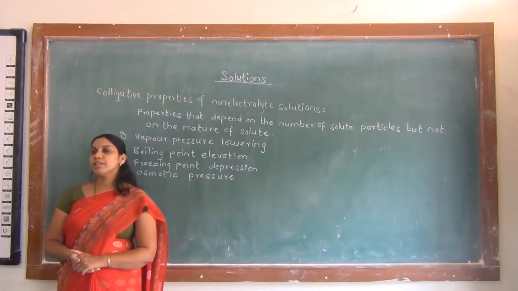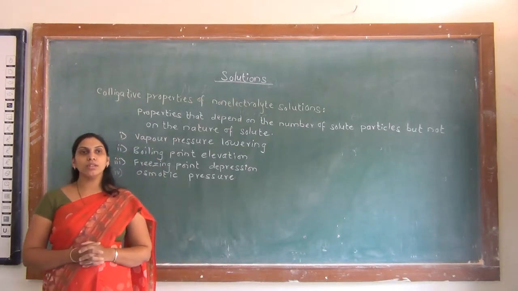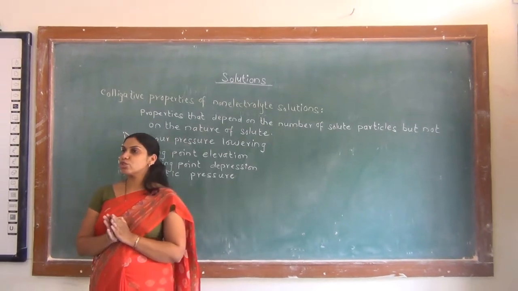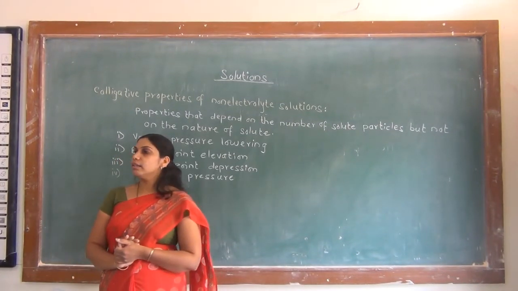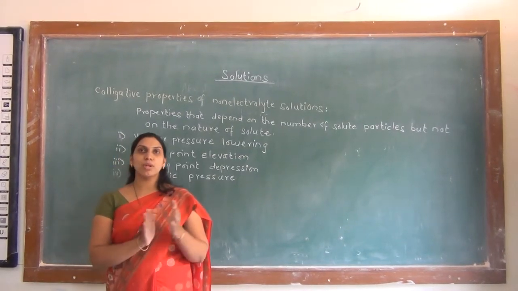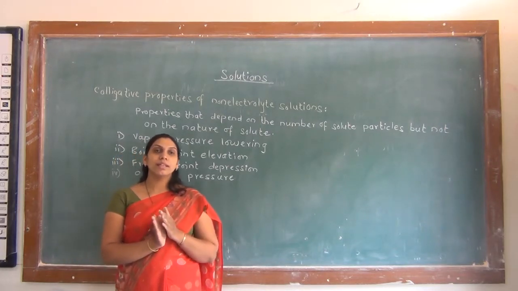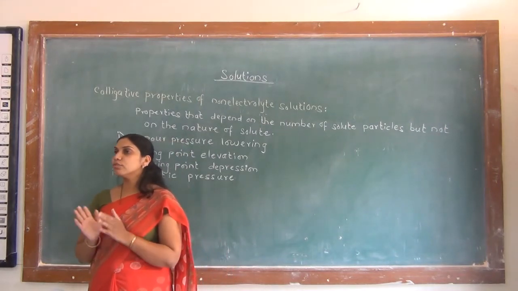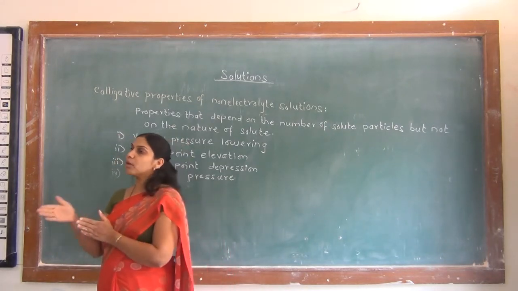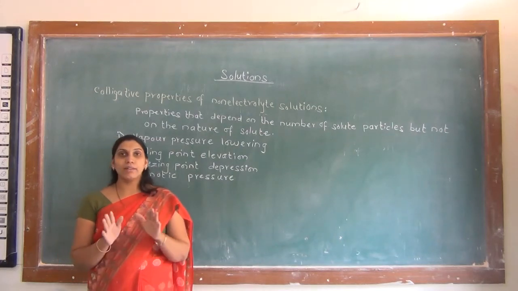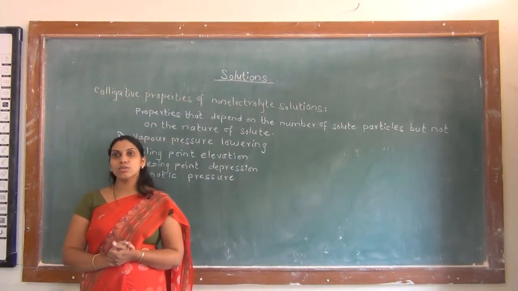Students, in the previous lecture, we have seen the deviations from Raoult's law. There are some solutions which show deviations from Raoult's law, that means they do not obey Raoult's law. And the solutions show two types of deviations, positive and negative deviations. We have seen the definition, characteristics and examples of the different solutions that show either negative deviation or positive deviation from Raoult's law. And with this, we have completed the first part of the chapter, that is the solution part.